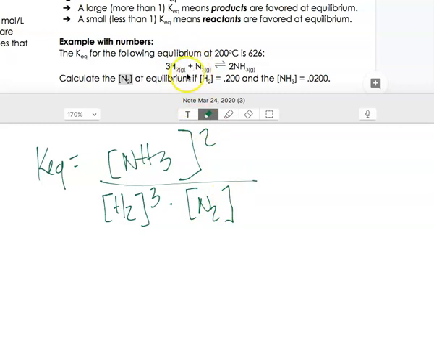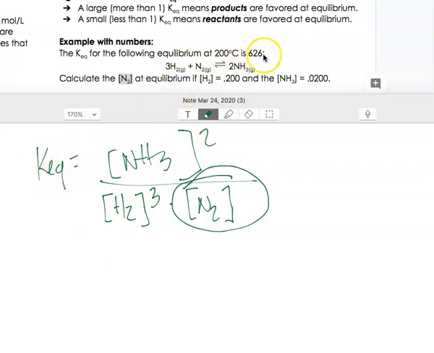So that's how you would write the expression. Now the question says calculate the N2 concentration at equilibrium. So it wants this right here. You want to know what the concentration of N2 is at the very end of this reaction. If we know everything else, then we could solve. It says that Keq is